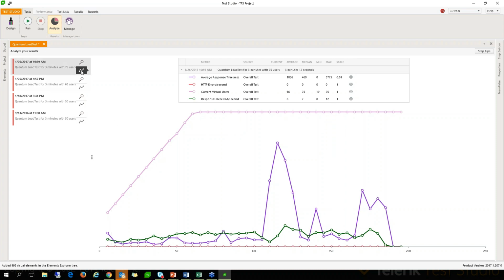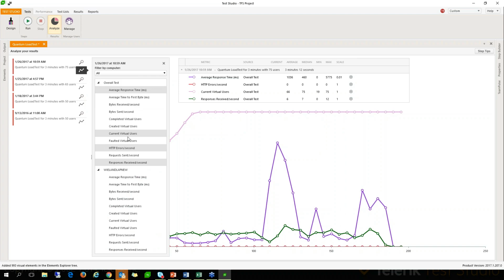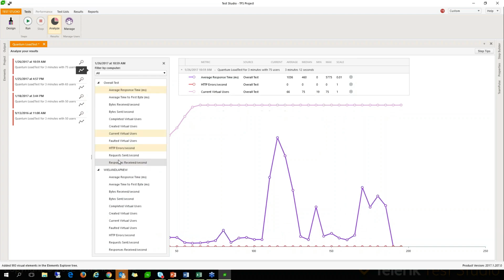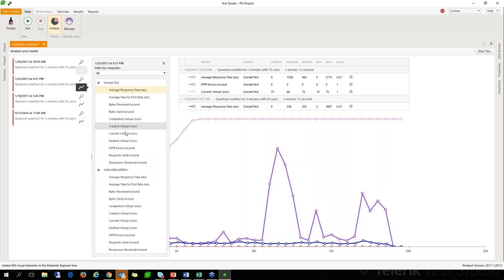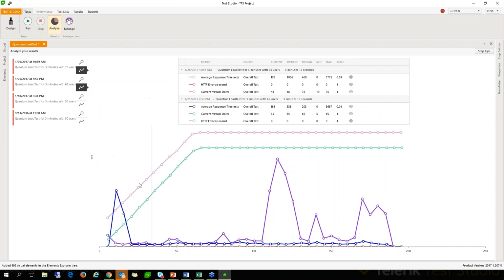And great information, right? Graphing for overall test metrics here, individual machine metrics there. We can even go to multiple results and overlay these on top of each other and compare. In this case, we had 75 versus 65. This is maybe important information because I'm seeing a pretty good increase in average response time with just 10 virtual users different. Right. Also an increase there of,